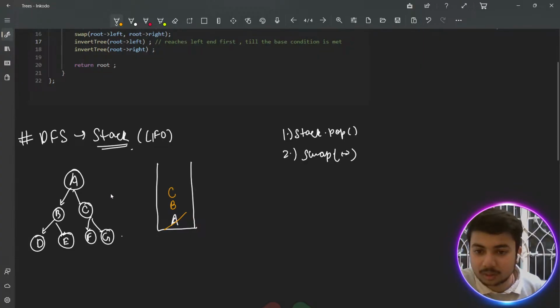ठीक है. अभी नेक्स्ट B और C के बाद क्या होगा जब स्टैक से पॉप करेंगे. सो वी आर पॉपिंग C. ठीक है. एंड देन वी गो F एंड G. या फिर एक काम करो, जस्ट नॉट टू गेट कंफ्यूज, पहले C डाल देते हैं, तब हम लोग लेफ्ट जाएंगे इनफैक्ट. ठीक है, अगर लेफ्ट जाने का सोच रहे हैं तो राइट वाला पहले डाल देंगे, सो देर इज नथिंग टू वरी अबाउट, तुम लेफ्ट पहले डालो, राइट पहले डालो. अभी हम लोग B और C इसमें डाल चुके हैं, तो जब तुम नेक्स्ट टाइम पॉप करोगे ना यहाँ पे इंसर्ट चिल्ड्रन,